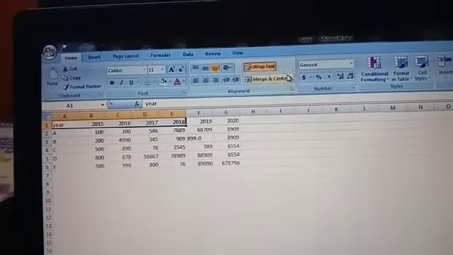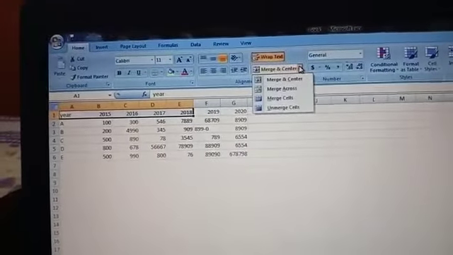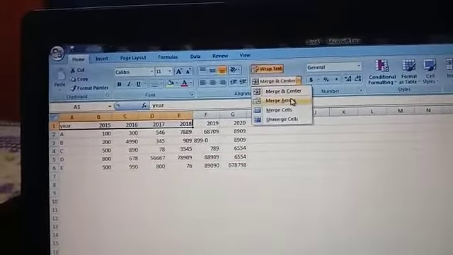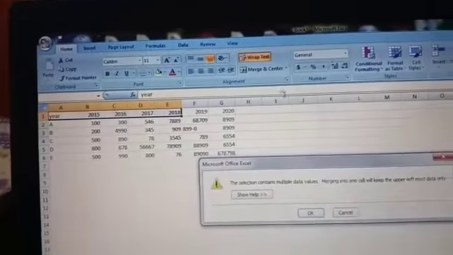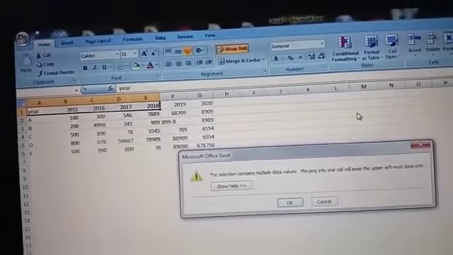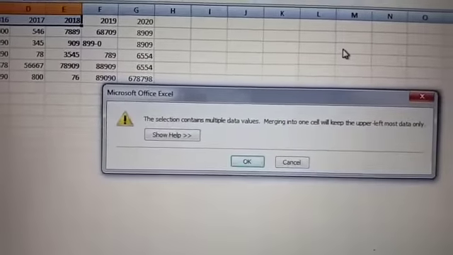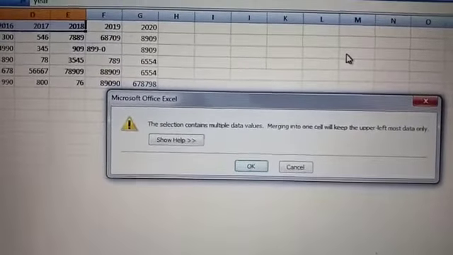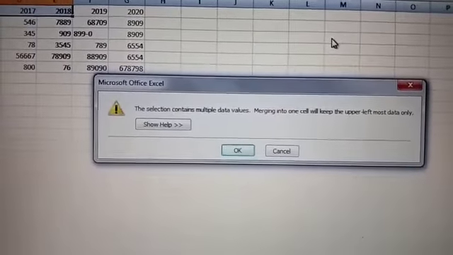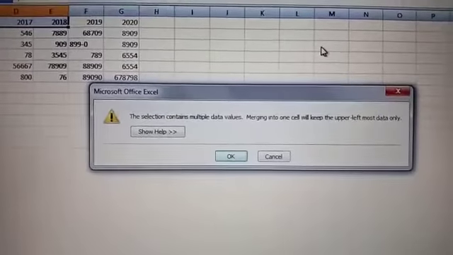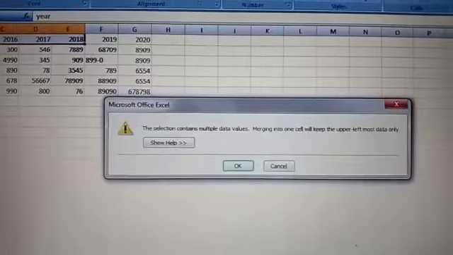Okay, now next, if I merge across, see what it is saying. The selection contains multiple data values. Merging into one cell will keep the upper leftmost data only.